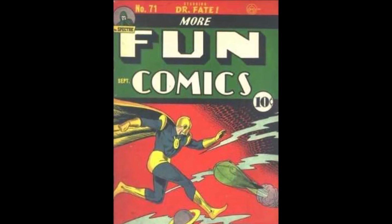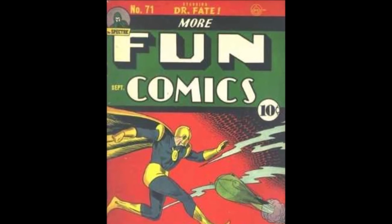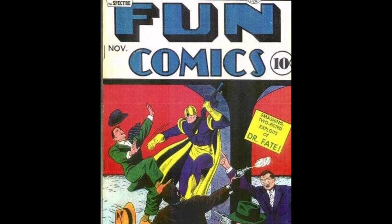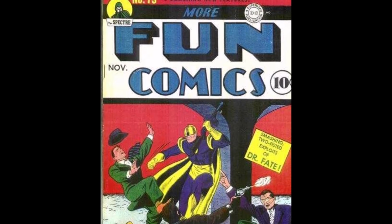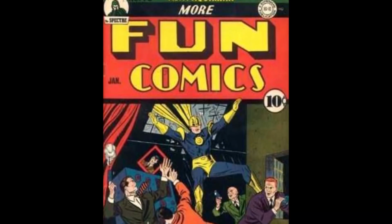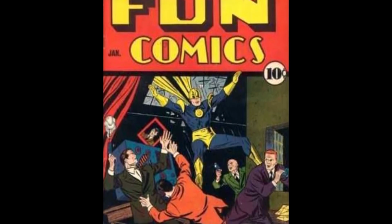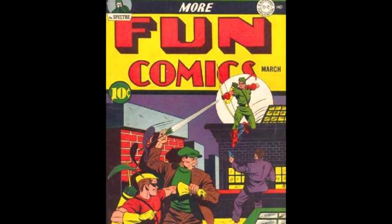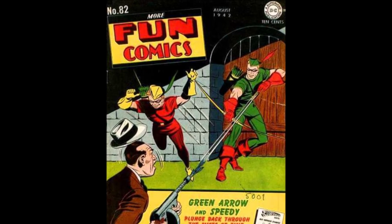Then, in an issue so often we hadn't seen its like since the Flash Comics number 1, we get More Fun Comics number 73. This issue also would debut two awesome heroes. Awesome heroes, hungry hippos. Green Arrow, created by Mort Weisinger and George Papp, proved to be so damn perfect of a clone of Batman, he actually cloned some popularity, and he was given a cover 4 issues later, while his future JLA friend Aquaman, who was also created by Mort Weisinger, but this time with artist Paul Norris, made his